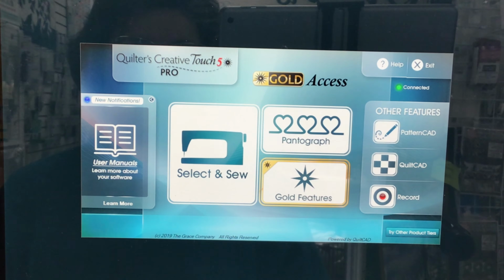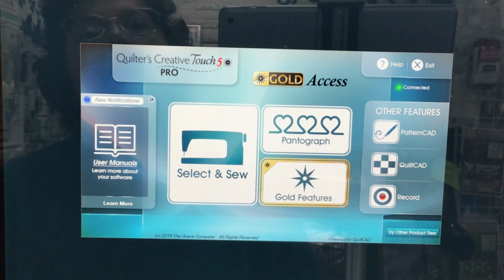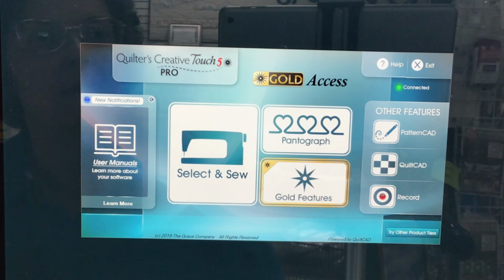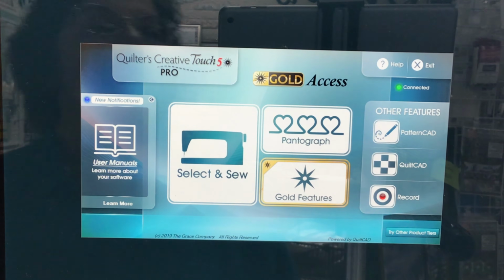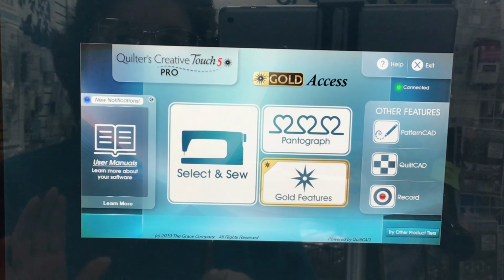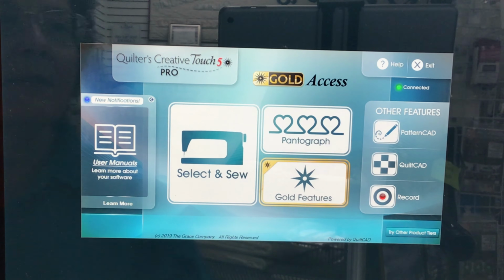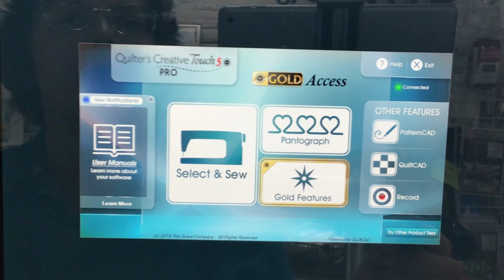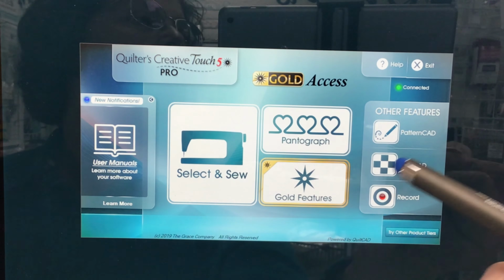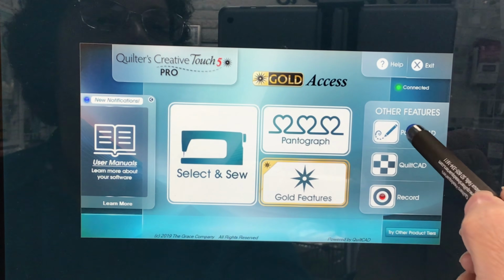So I'm using Quilters Creative Touch 5 today, and I'm just going to show you a quick little demo on how to use Pattern Cad. So I have my camera set up in front of my tablet on top of my Qnique 19, and I'm a little bit off center, but I'll do the best I can here. So I'm going to click on Pattern Cad,